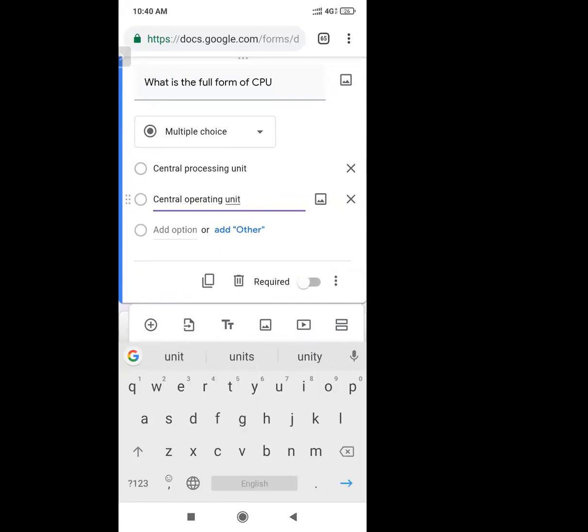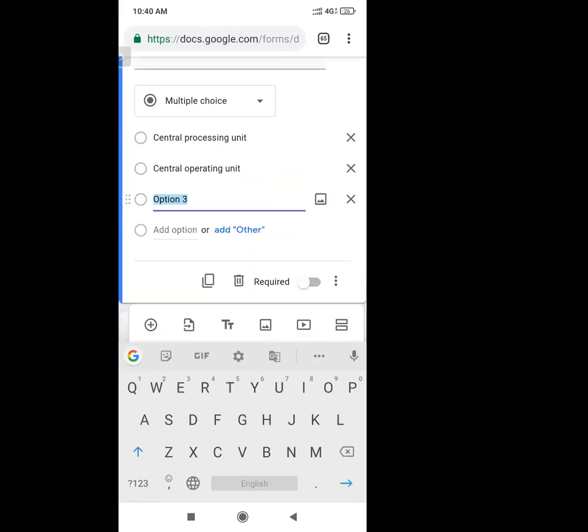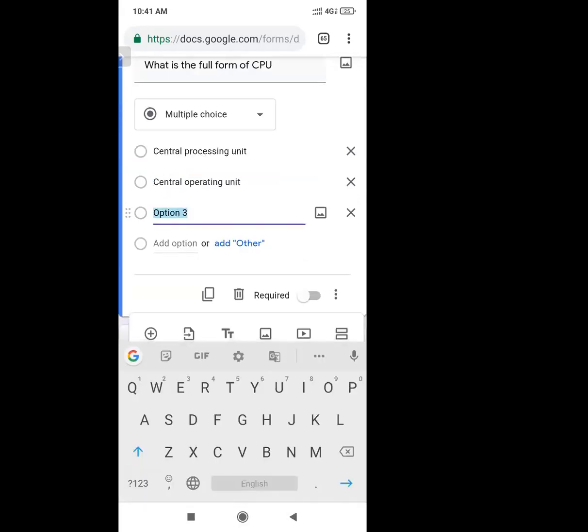I have only 2 options here, but you can add more from here. Click add option to add a third option, and again for a fourth. If I want to delete one, I just click on the cross button given at the end of that option, and it is deleted.